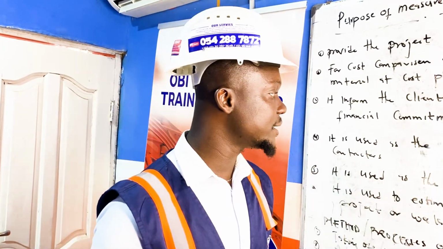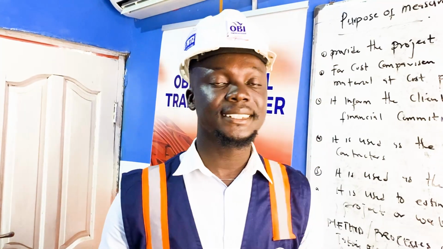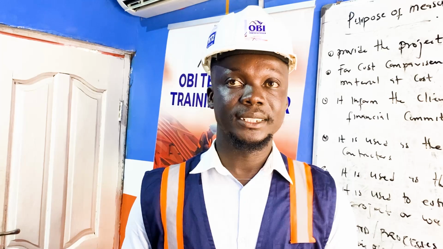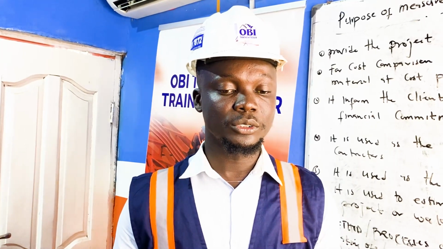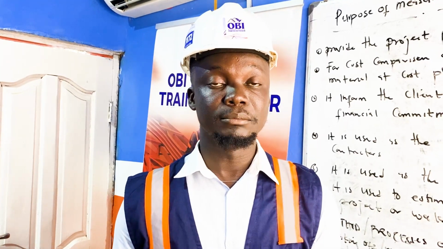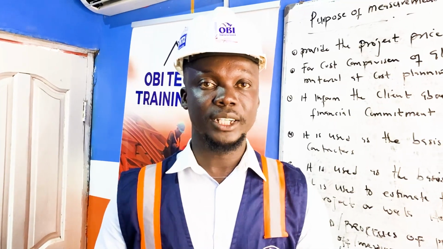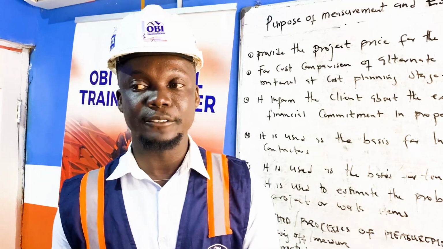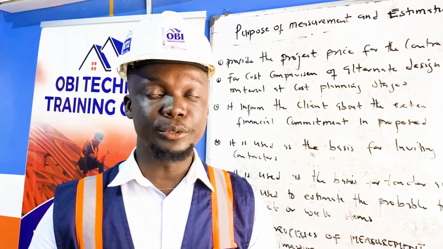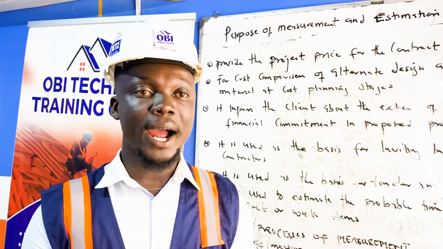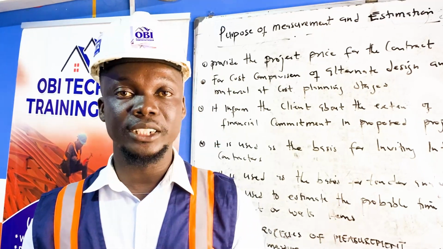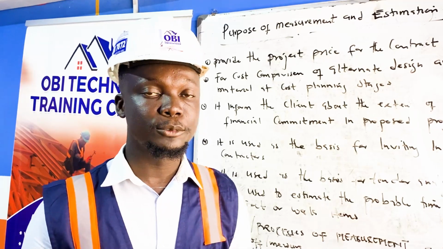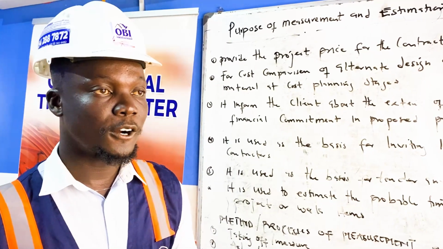It is also used as the basis for tender analysis and contractor selection. After the contractor has submitted his bill of quantity, they have to hold a tender valuation meeting where they will call the contractors to come and they will interview them based on the bill of quantity that they've submitted, for them to give a brief or a detailed explanation of why they got this and how they got this, and what their intention is of doing the project, and being able to do the project to the satisfaction of the client.